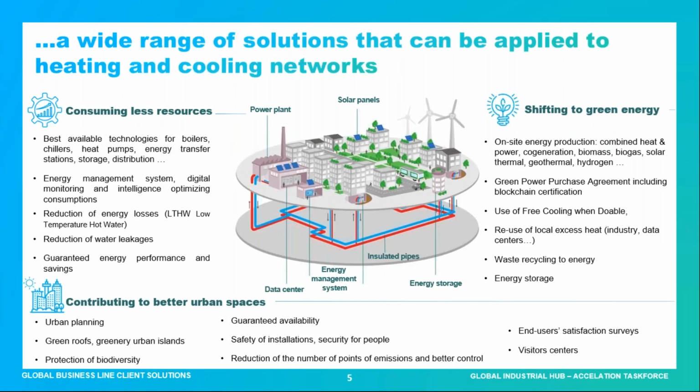So how can we do that? We have been talking during the webinar about lots of existing technology. To be clear with you, the technology might not be problematic right now to implement a district cooling system. We have been talking about chillers or compression chillers, but as well heat pumps or absorption chillers. And we have been talking about the use of free cooling that may exist if you have a city which is located close by to a river, a lake, or maybe a sea.